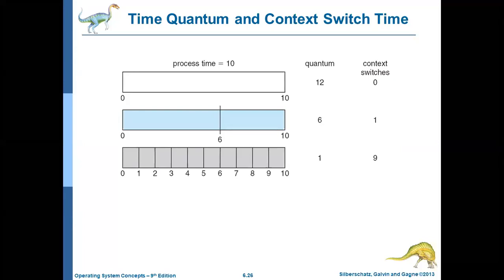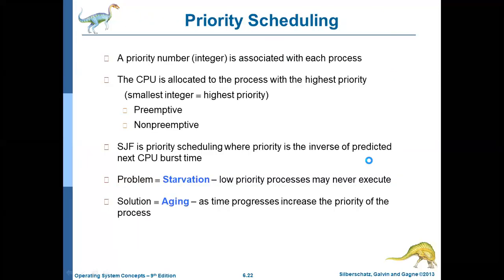Starts from 0, 1, 2, 3, 4, 5, 6, 7, 8, 9. 9 context switchings, 1 millisecond means for the first 1 millisecond, one process is executed. After that, a timeout signal is issued and the CPU switches to P2, P3, P4, and so on. N number of context switches, 9 context switches. Okay.